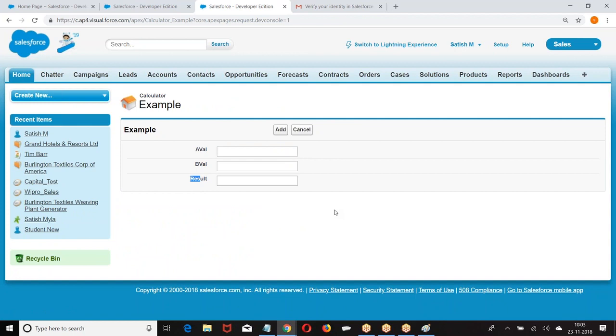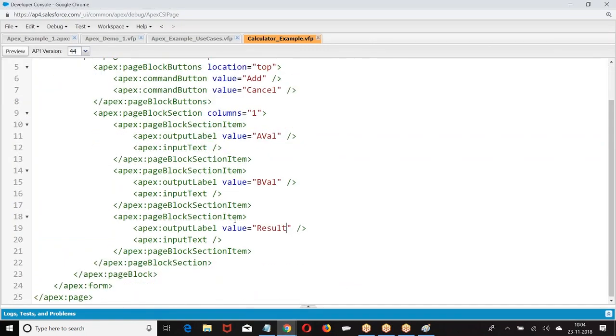This is the basic UI that I created. Okay, I hope everybody is good. These two together are what? One column, one page block section item in one column. Whatever we write within the page block section item is a part of that page block section item only. One page block section item means once you open till you close, it is one section, one element. Whatever I write is displayed in one column. I hope you are good. Okay. Let us go to the next one here.